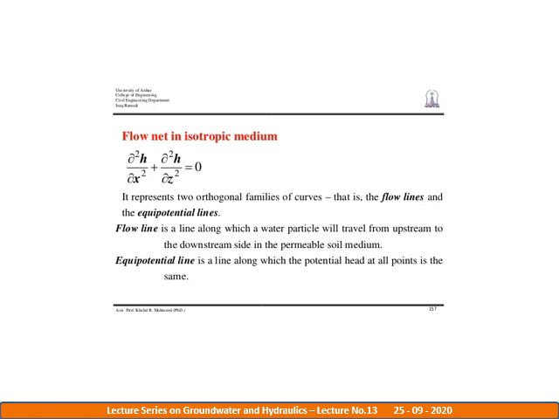Then we have types of soil where the flow movement of water will be different. Clean gravel will have 1.0 to 100.0. Coarse sand will have a coefficient of 1.0 to 0.001, whereas fine sand is 0.01 to 0.001. Silty material is 0.001 to 0.0001. Clay is less than all the materials.